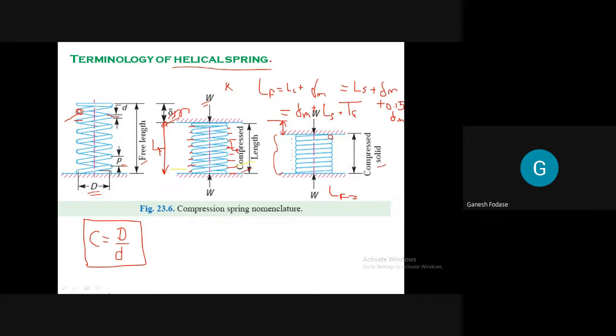Generally its range, for proper basic design, is 4 to 12. But for the most preferred steel springs, it is in the range of 6 to 9. So 4 to 12 or 6 to 9 is the most preferred range of the spring index, based on some conditions. Because if the spring index is very low, then there are stresses in the wire due to the curvature effect. While if the spring index is greater than 15, then it results in large variations in coil diameter. So it should not be less than 3 and should not be greater than 15. So generally the preferred range is 4 to 12.